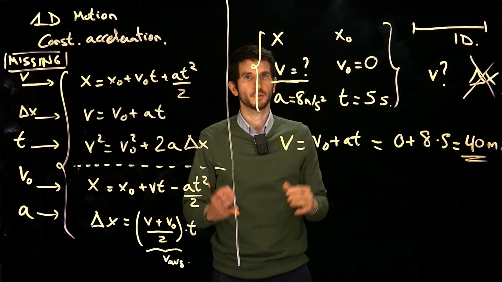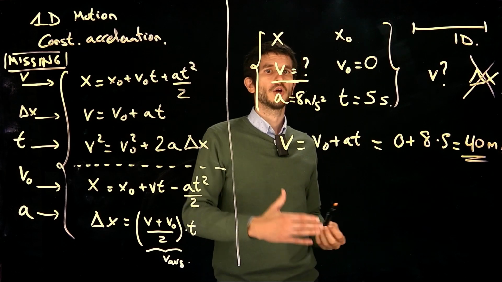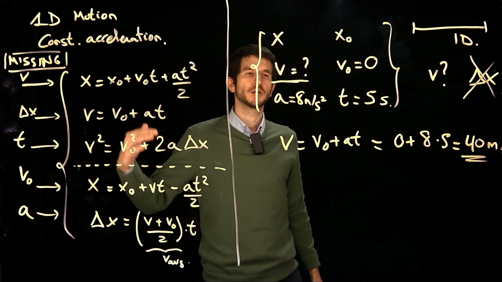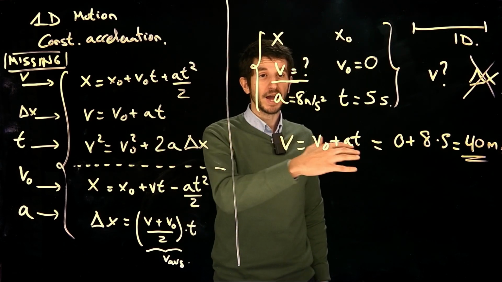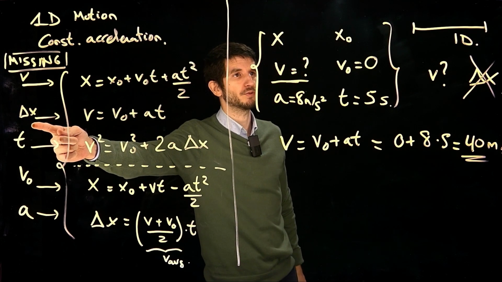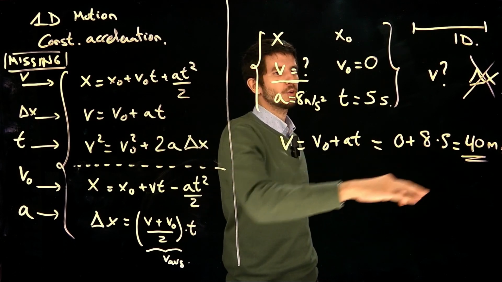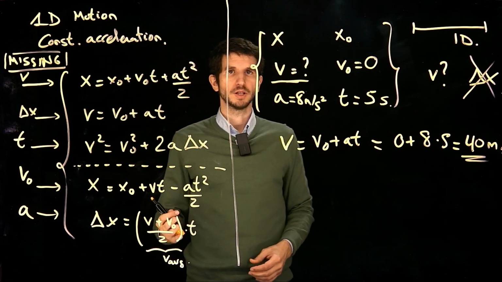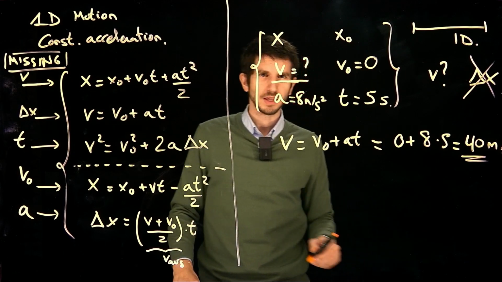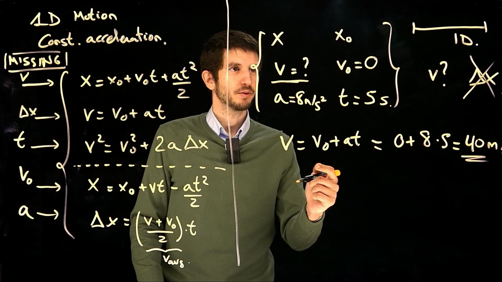As simple as that. So we want to know what is the velocity 5 seconds into the motion for an object that starts at rest, moves in a straight line, and has this acceleration. Simple. We identify we didn't have any information on the position, and in fact we don't. It's implicit. So then we can use this equation and find out 40 meters per second. Now the problem asks next, what is the average velocity? And again, we have